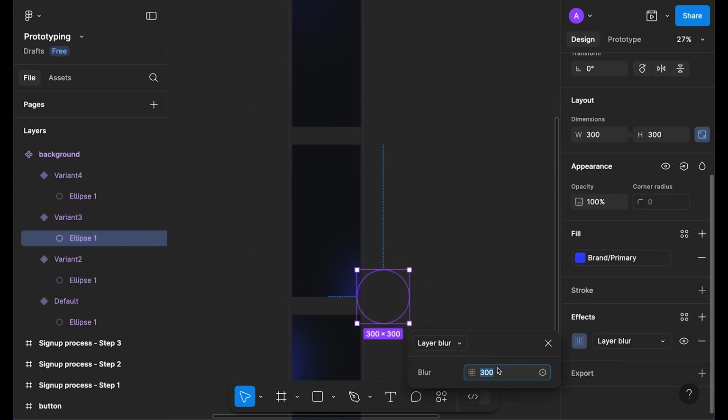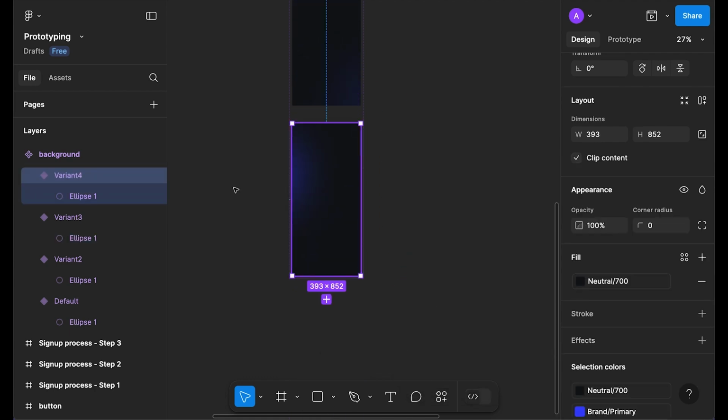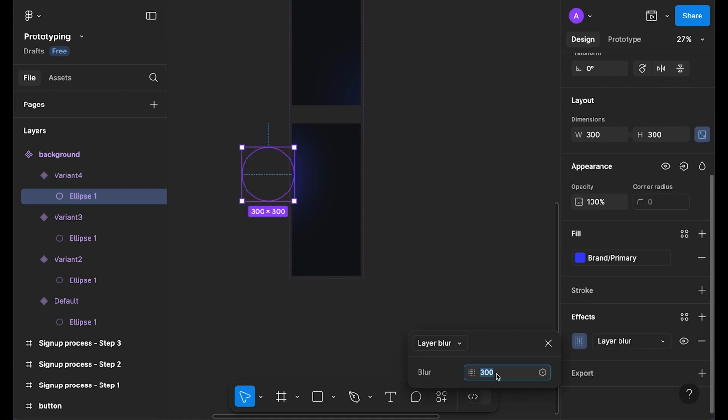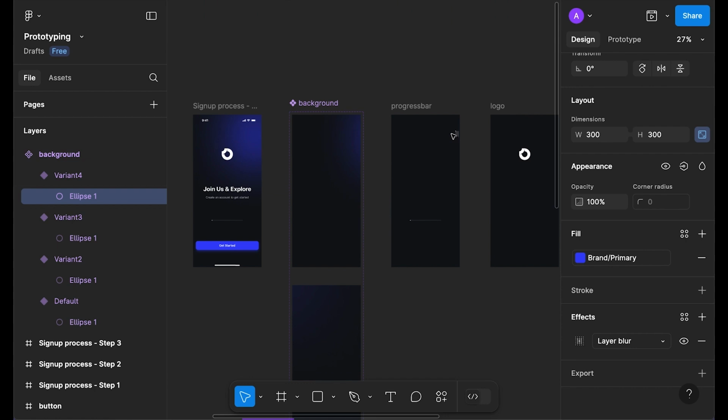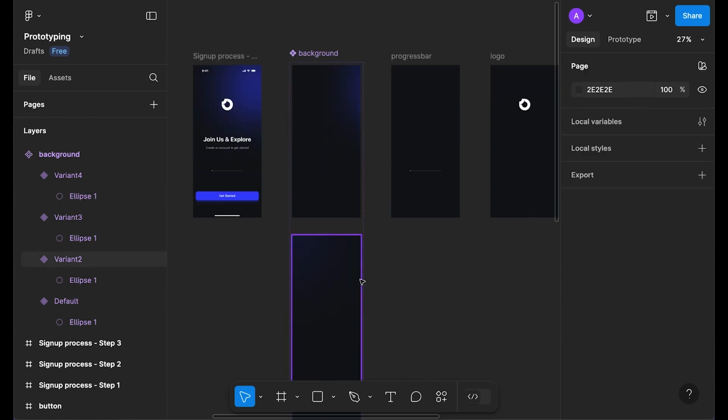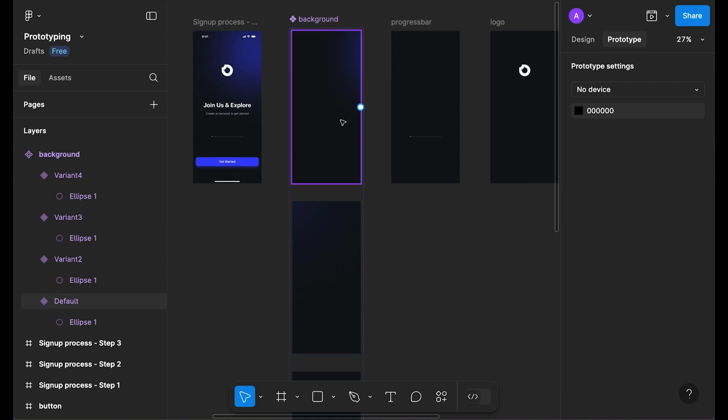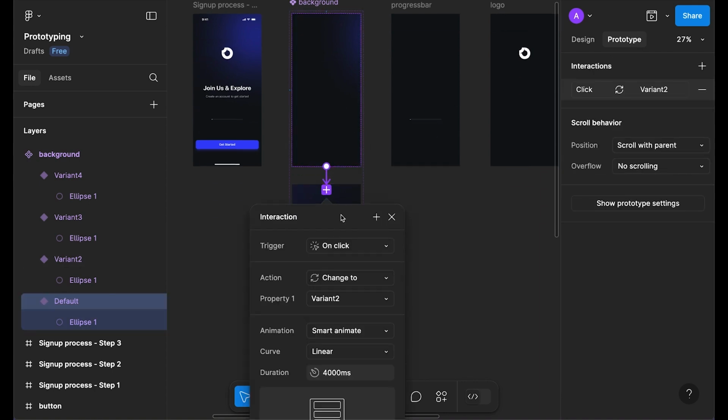So let's make it 400, and also change the opacity. So let's make it 50%, and here we need to change the blur property. So let's try 700. Okay, now let's connect all these frames together inside prototype, and then we will preview the animation. So let's click on the prototype, and inside prototype click on the plus and drag the noodle to the second